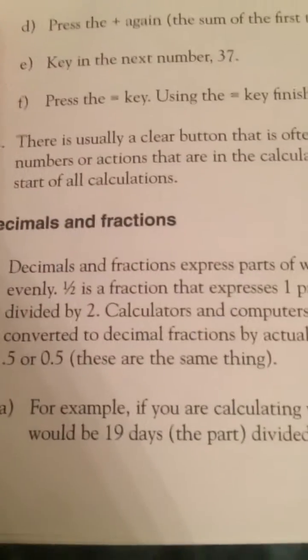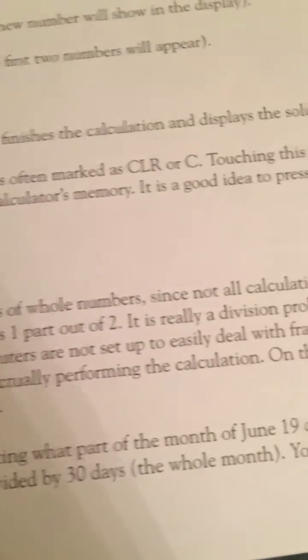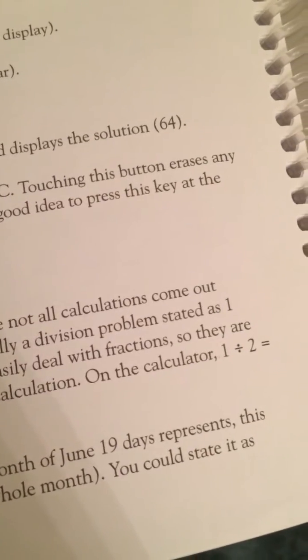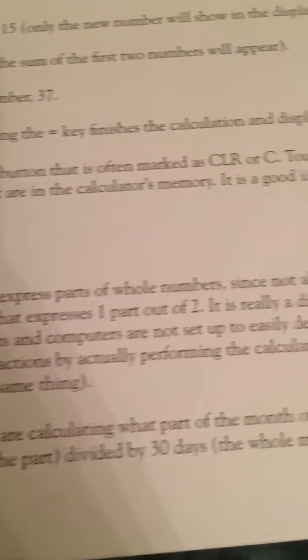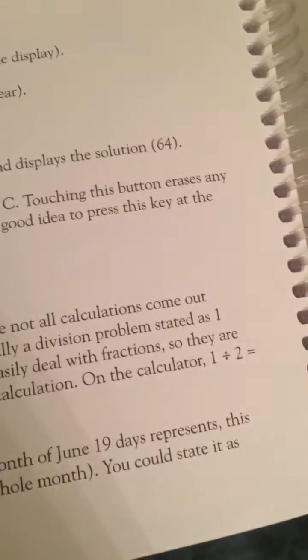A. For example, if you are calculating what part of the month of June 19 days represents, this would be 19 days, the part, divided by 30 days, the whole month. You could state it as